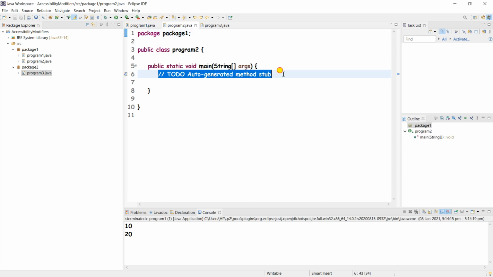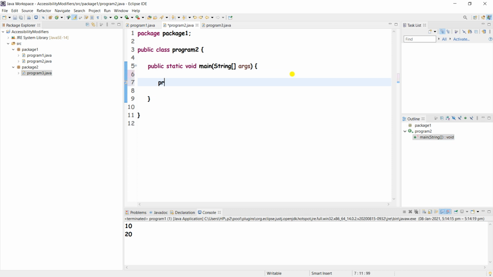We'll check this, okay. So create object program1 p equal to new program1, okay. Then we have to print on the console, right? So yeah, we'll take one sysout statement.